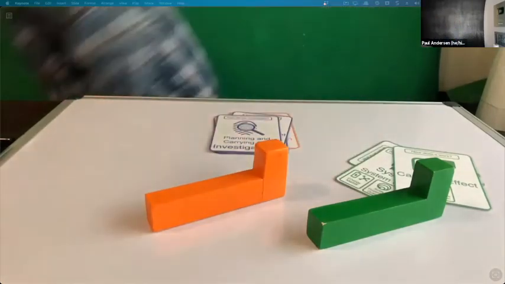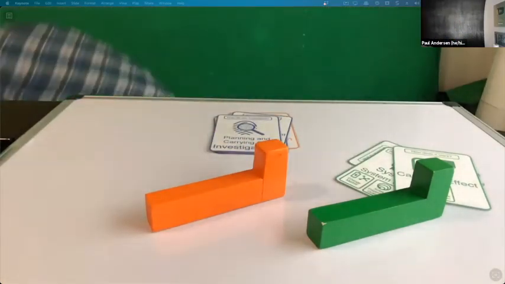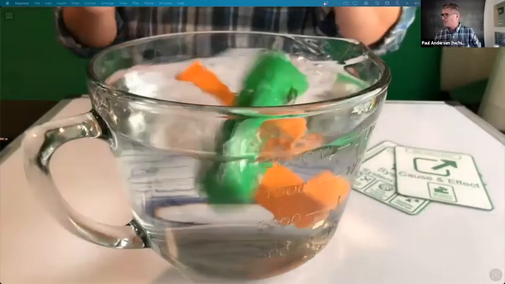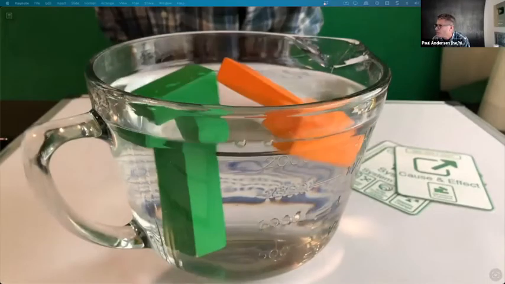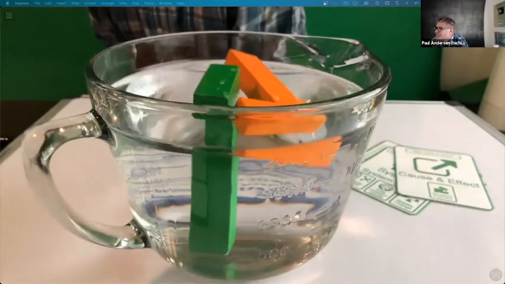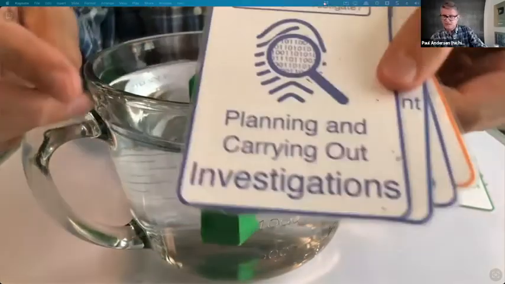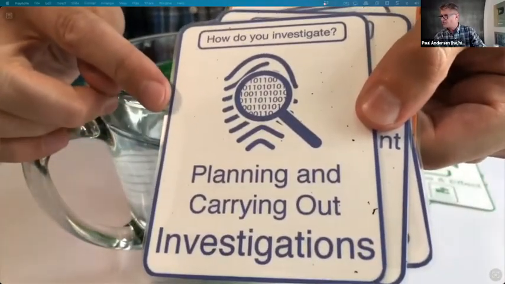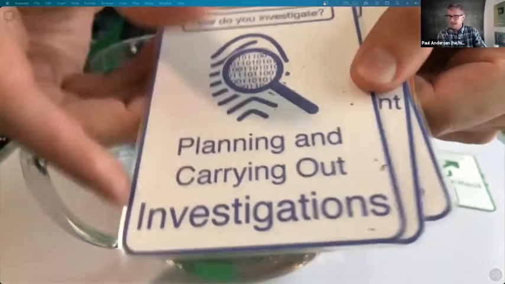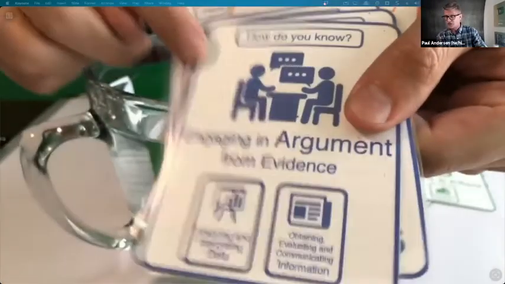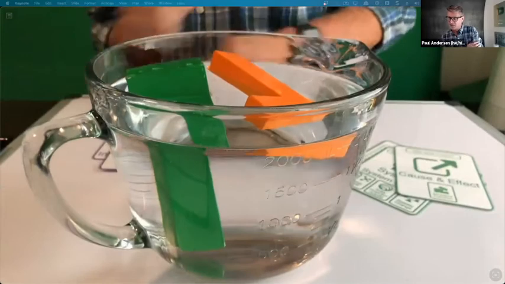Gotcha. I got this, Alan. I don't know if you can see this, but I got some water here. So we could just throw them in and figure out what they do in the water. Are you picking up on that, Alan? Yes, I am. So what are we doing now? This is an investigation. We just did a quick investigation. Alan, what kind of argument could you construct now? Help me out with a claim, evidence, and reasoning.